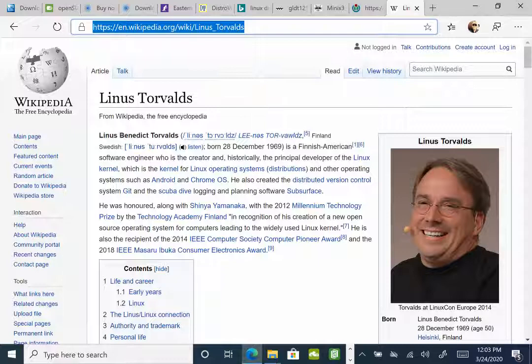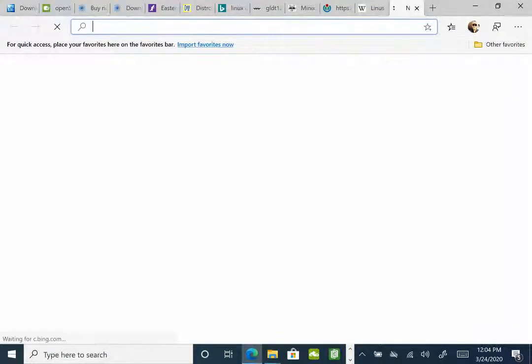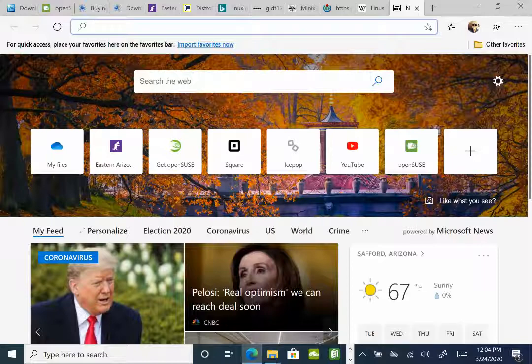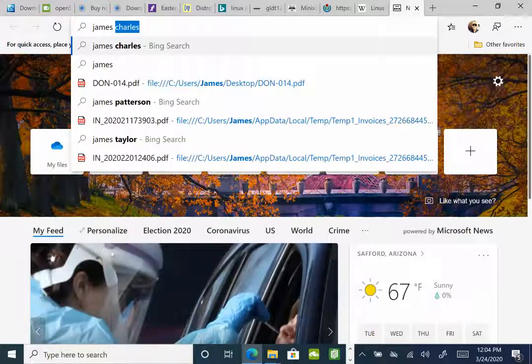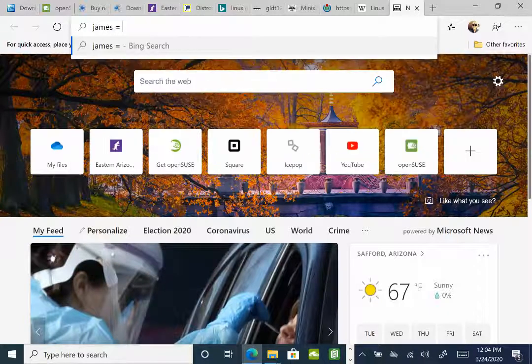Now, how did it get the name of Linux? Well, actually, this guy was operating out of a Unix server. And so when he decided, I'm going to share my operating system with the world, he didn't have a name for it. And he put this operating system into his folder that the system admin had created. And the system admin had a habit of doing this. Well, it's running Unix, right? So if your name is James, then we're going to take James, and James is going to equal